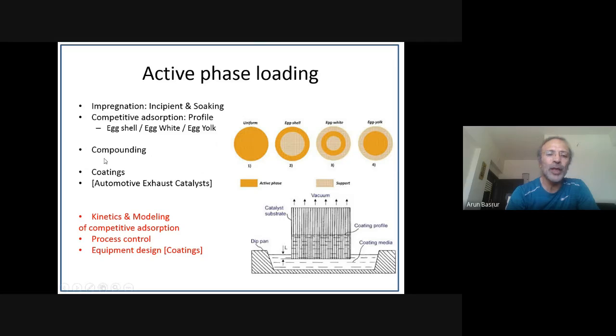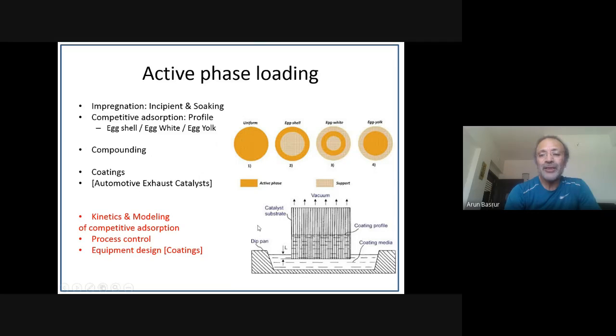A third area is coatings, like in automotive exhaust catalysts. In automotive exhaust catalysts, the flow rates are very high and the temperature of the exhaust gas is very high. So these catalysts are prone to film diffusion limitations. Hence, it is important to load the active material as a micron thick phase on a carrier such as a monolith or a honeycomb, which will not hinder the flow of gases. So you'll have very little pressure drop, and the substrate coated only on the channels of the monolith.